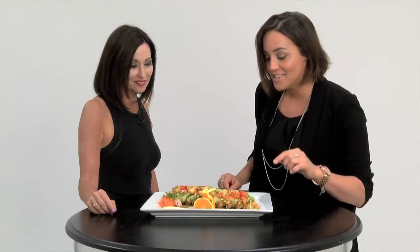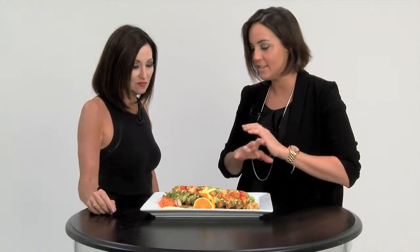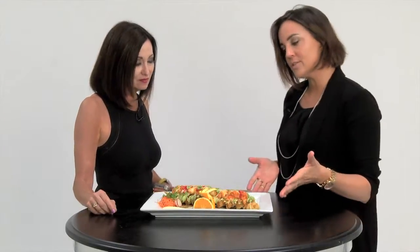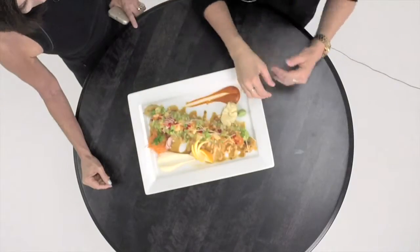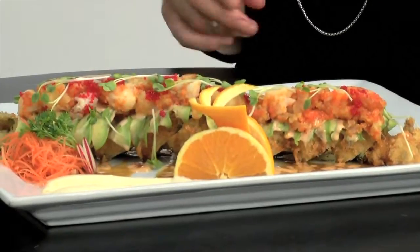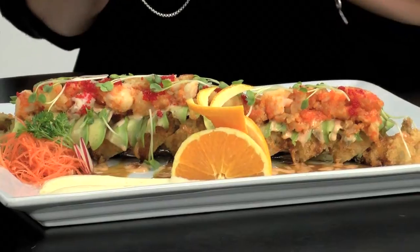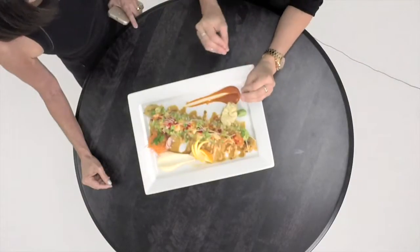So this here is a lobster roll, and this is a good example because it's actually a little messy. It takes the whole plate. So if you look at this and you say, well, where's your focal point? Where's your front, your back, your side? I would say the back is somewhere around here. You've got two sides, but it kind of is in the front here. You've got the orange, you've got some different garnishes and things like that. So if I was going to take a photo of this dish, I would actually take a section of it or a portion of it